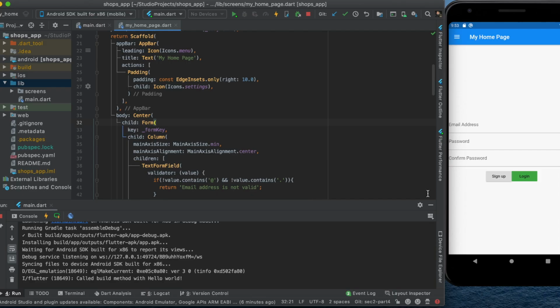We're going to handle the visibility of sign up and login button, and based on that we're going to handle password and confirm password fields. So we'll hide confirm password when a user is in the login mode, otherwise we'll show it. So let's start. First of all,